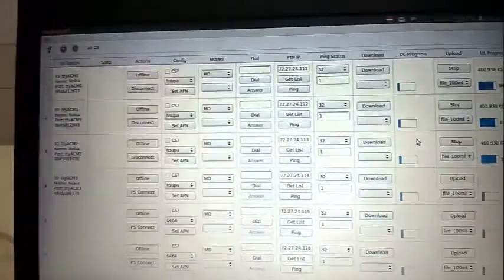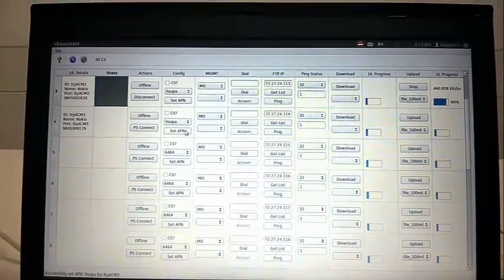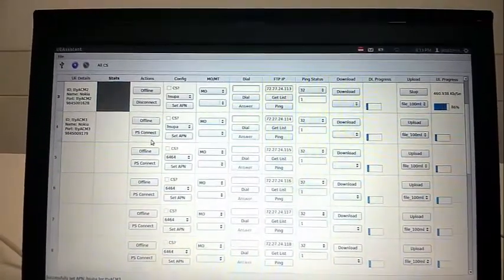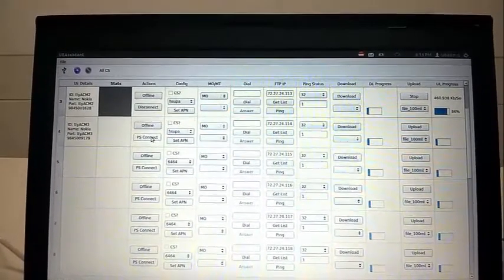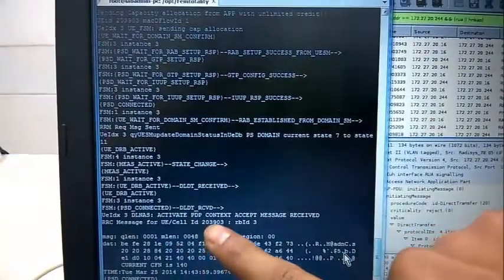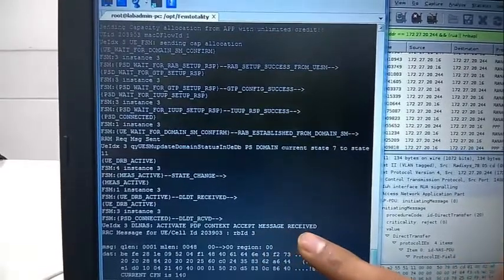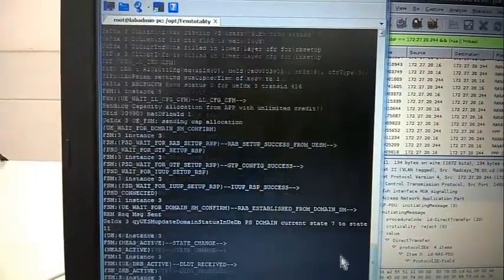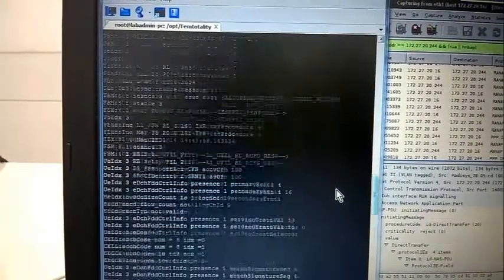Now we'll see the procedures involved in that. We are setting the APN as HSUPA, which indicates that UE can trigger HSUPA call. On the console log, we can verify that activate PDP accept has been received from the core network to the UE. It means that HSUPA call is successful. And let's verify some more details.